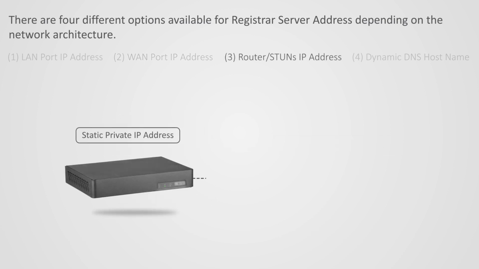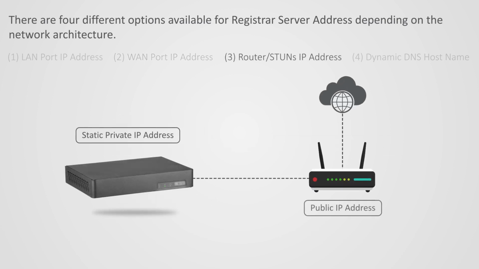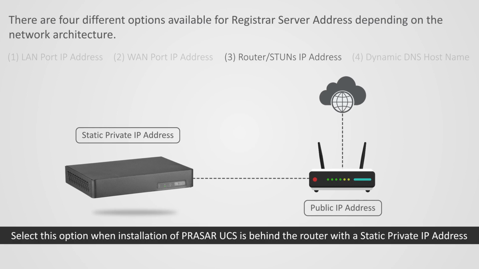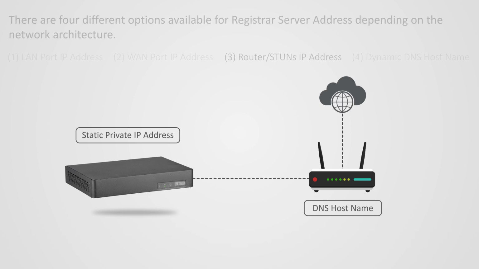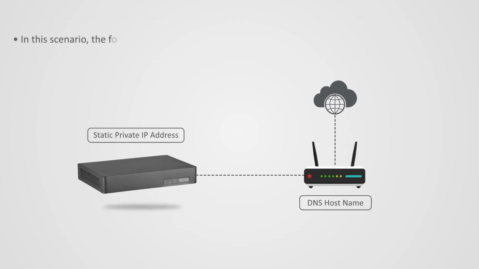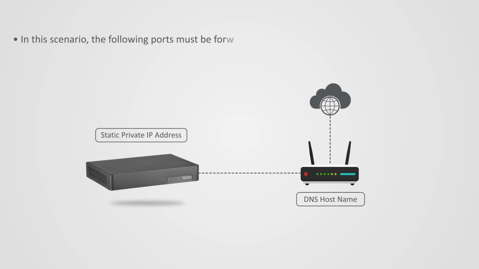Third, router or STUN IP address. Select this option when installation of PRASAR UCS is behind the router with a static private IP address and the router is having public IP address or dynamic DNS host name. Note: in this scenario, the following ports must be forwarded to the static private IP address of PRASAR UCS: